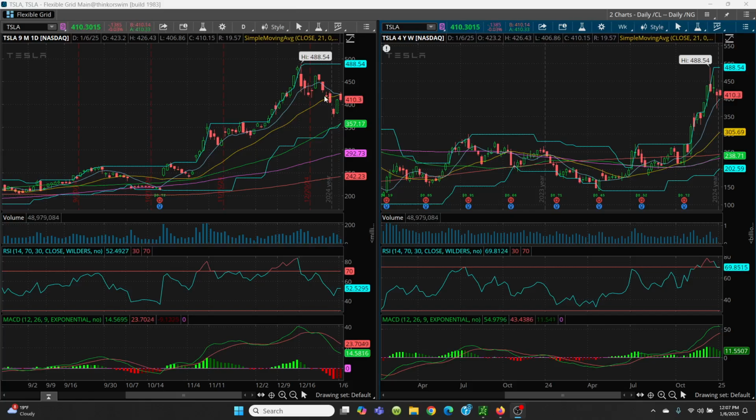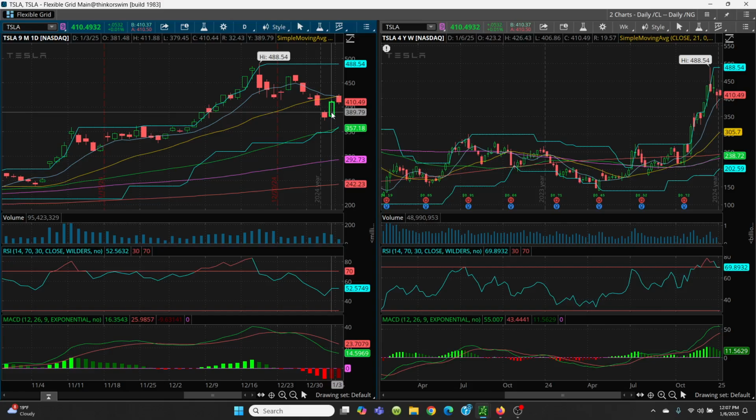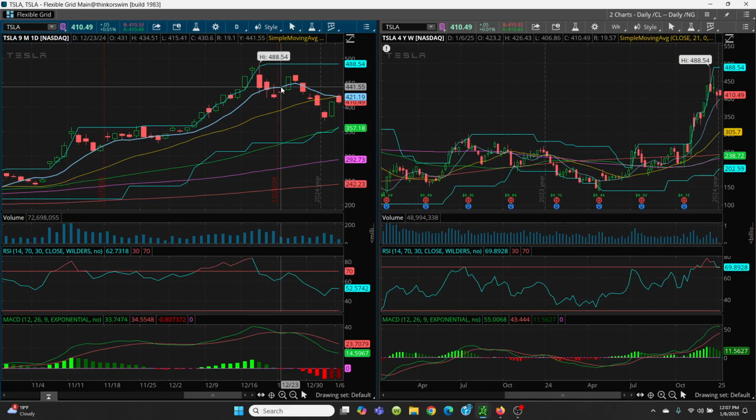Now, we had this gap on down. Obviously, now this gap here is filled. Okay, let me bigger up for you, make it a little easier. Okay, see now this gap here is filled. Then we had a nice big green candle there on Friday. And then it rallied right on up here. And then what do we have here? Well, you got there